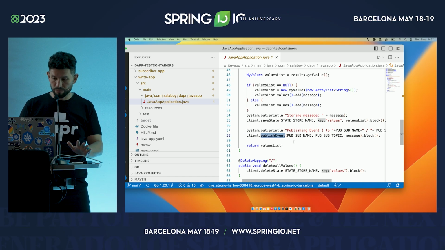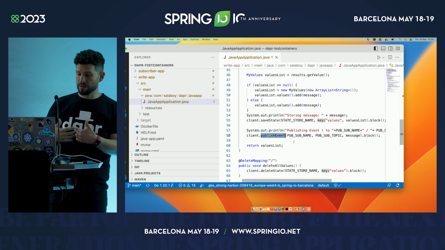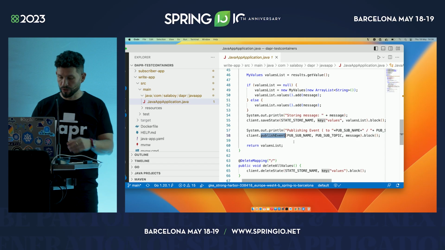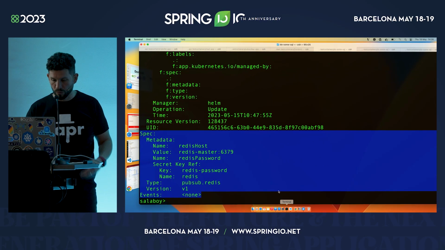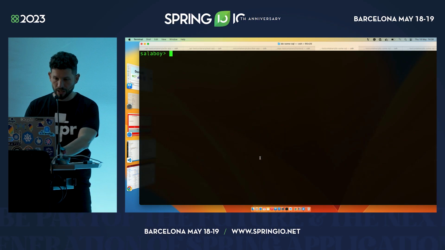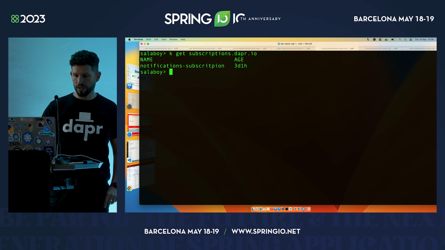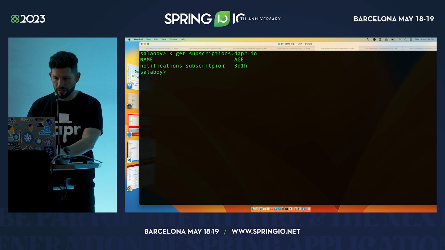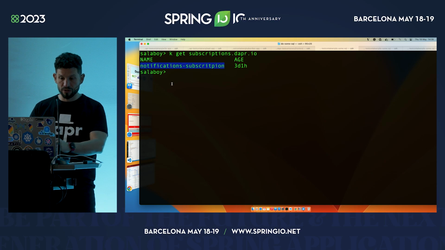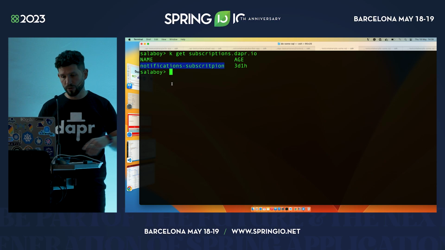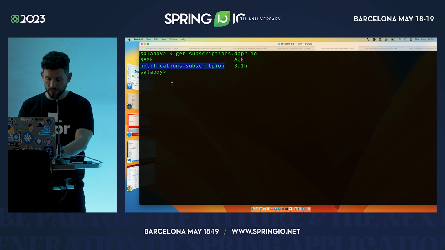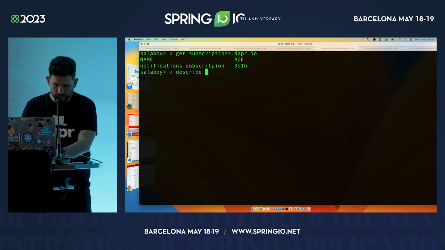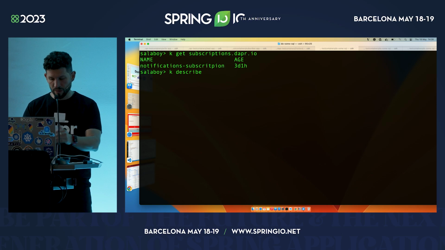So it's pretty simple. From the receiving side of the events, you just need to expose an HTTP endpoint. And then on the wiring, the person that is wiring things together will need to create a subscription mechanism that we can see here. Get subscriptions, right? So I have a subscription. In this case, my subscription basically says that I'm interested in all notifications that are going to a specific PubSub component, and all the notifications that I'm getting there, I will route to my subscribe application in this case. So if I describe this, it's pretty simple syntax, and you can add more filters and stuff.